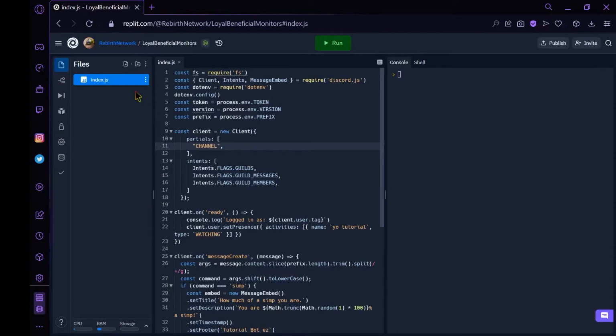Alright, now that we have done that, we are missing one more thing. We have to install all of the packages again. Don't worry, REPL makes it so much easier to manage and organize them. So what you want to do is go over to shell, and type npm i, and then put the Discord packages. So I'm going to be typing them now. Discord.js, then at